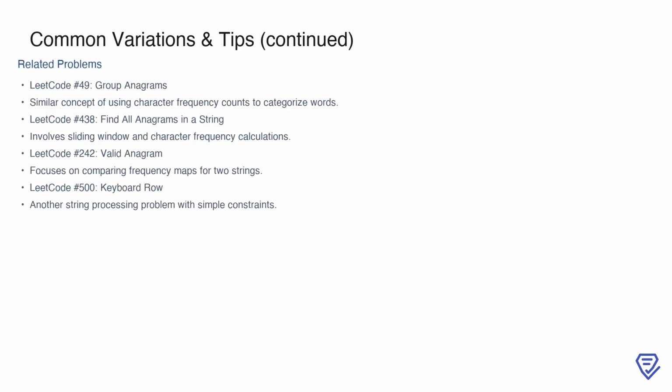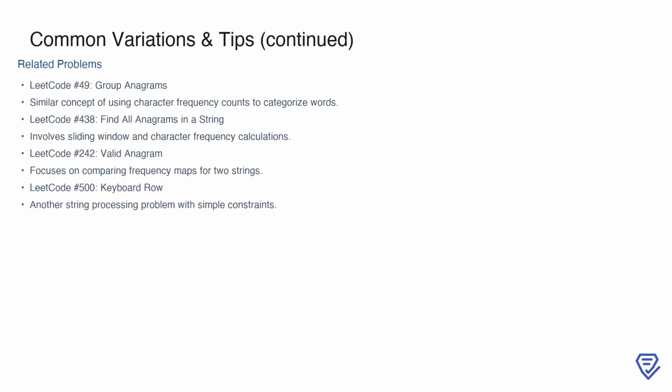This problem shares similarities with several other LeetCode problems, making it a great opportunity to draw connections. For instance, in LeetCode number 49, Group Anagrams, you use character frequency counts to group words with the same characters. LeetCode number 438, Find All Anagrams in a String, also involves character frequencies, but it incorporates a sliding window technique. LeetCode number 242, Valid Anagram, focuses on comparing frequency maps for 2 strings, which is directly applicable to the word subsets problem. Finally, LeetCode number 500, Keyboard Row, is another string processing problem with simpler constraints, which can serve as